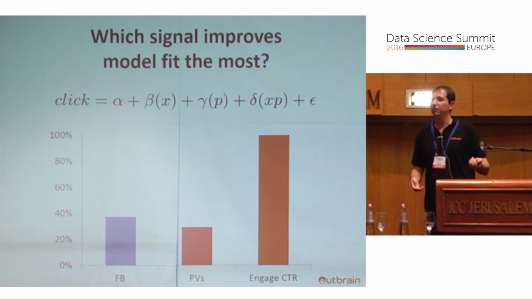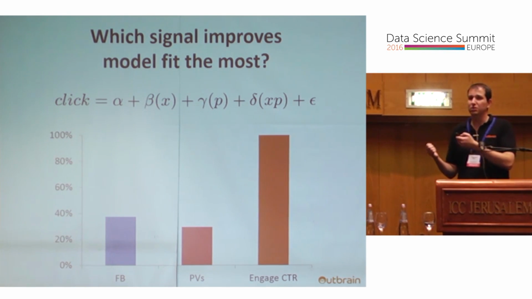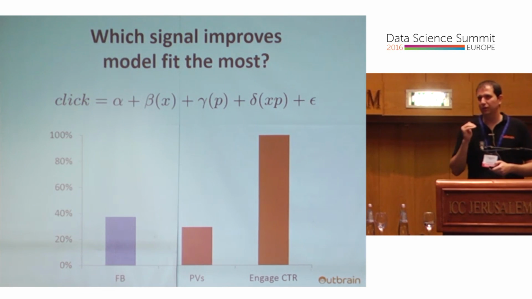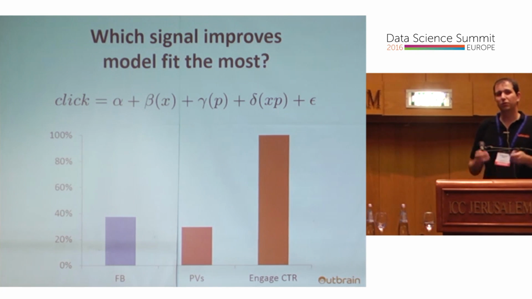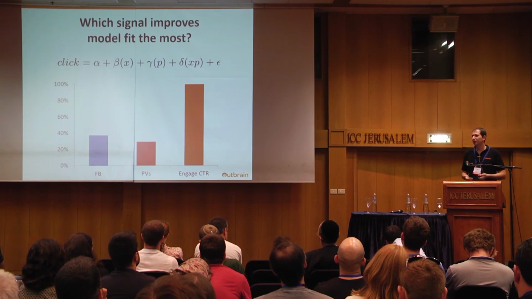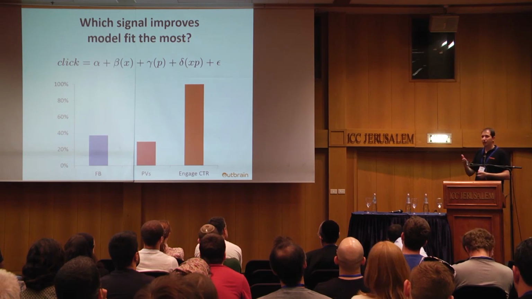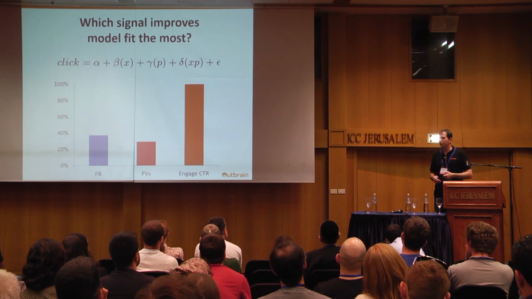Second was Facebook referrals. So it's not that it's such a bad signal. It's just not as good as looking at CTRs at Outbrain. And finally, the most biased one, the signal which contributes least, was page views. So if you have to think about which signals to utilize, first our conclusion is that you should try to combine as many as possible, because each one of them captures something else. But if you can utilize something, try looking at CTR.